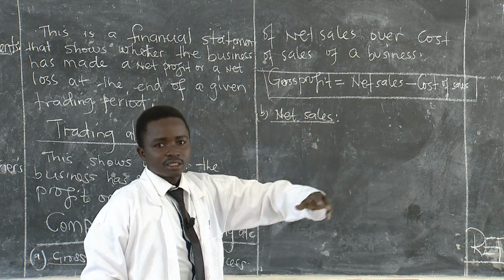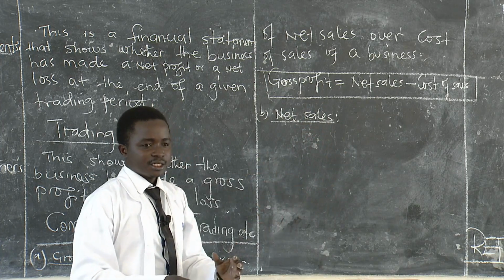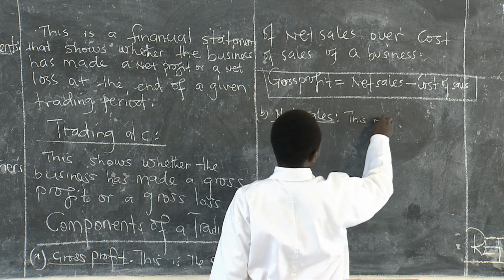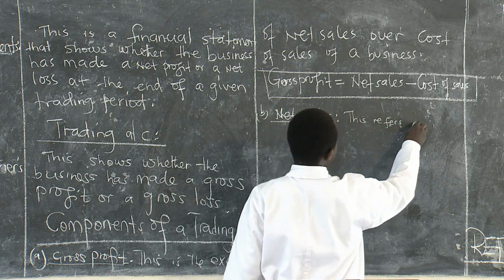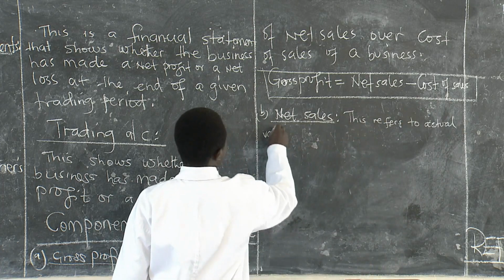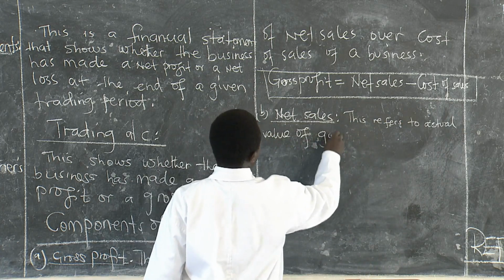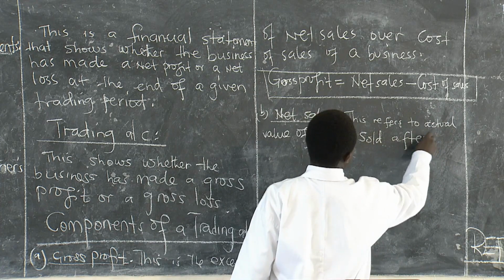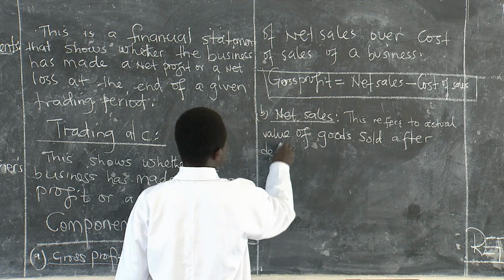After selling goods and services, what you have generated, net sales. So here we shall say, net sales refers to actual value of goods sold after subtracting or after deducting